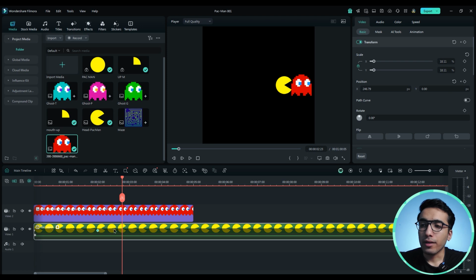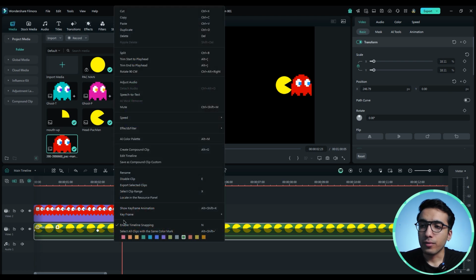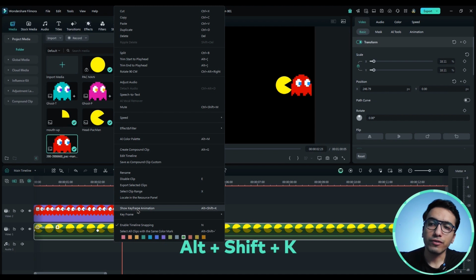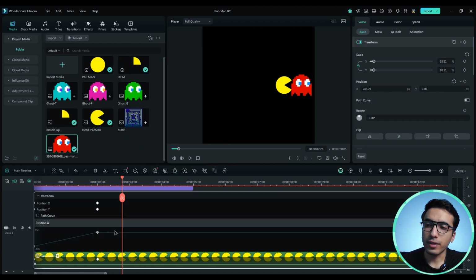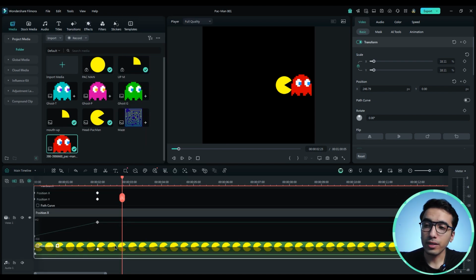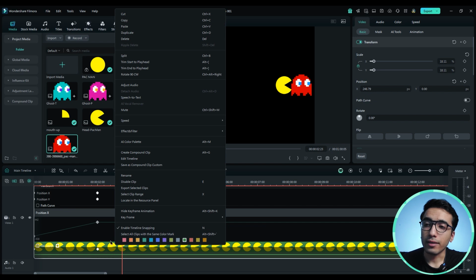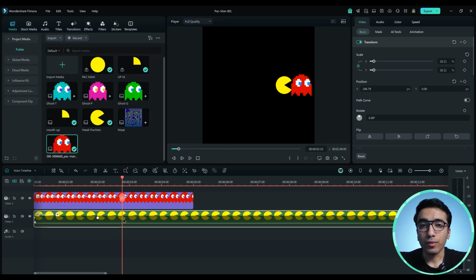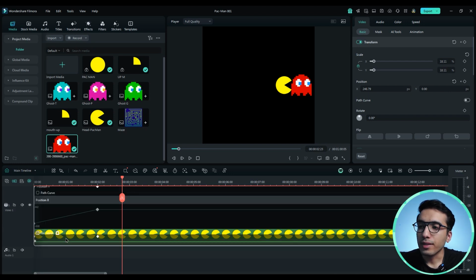But to better understand what's happening behind the keyframes, right click on the Pac-Man layer to see show keyframe animation, or press the Alt Shift key to see this window. Or if you want to close it, you can right click on it and select hide keyframe animation. There is another way to access this part by clicking on this small box,